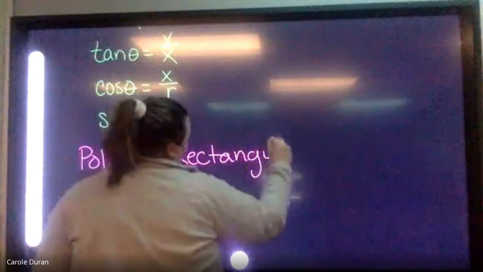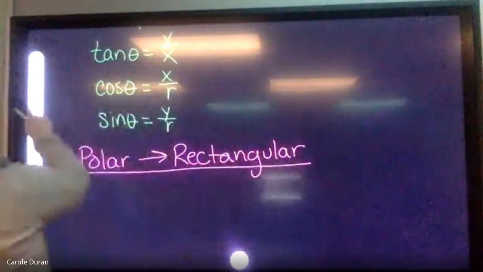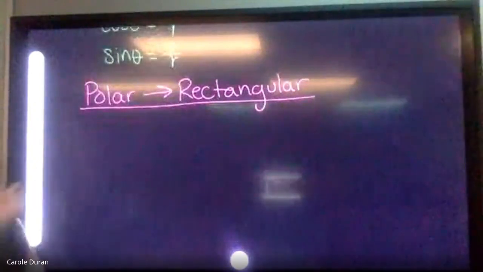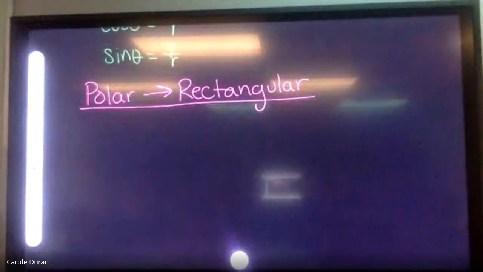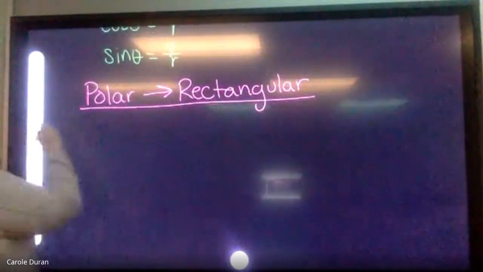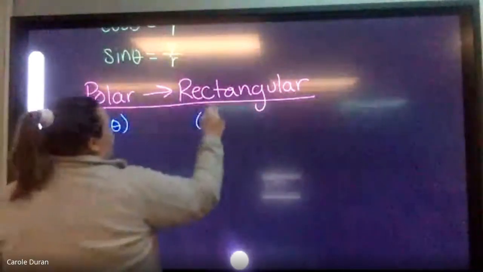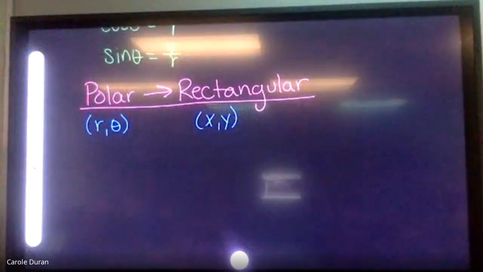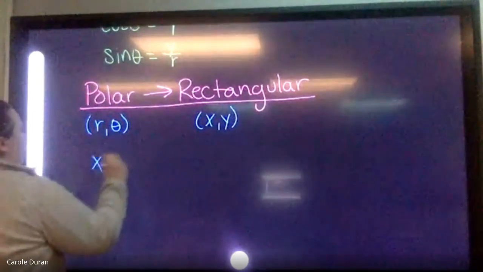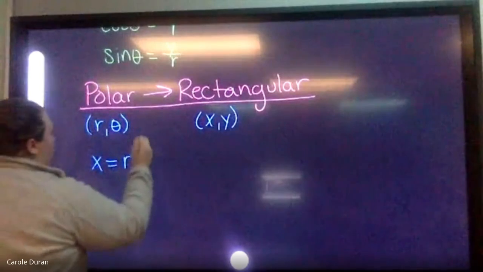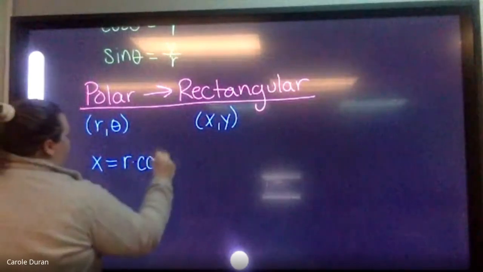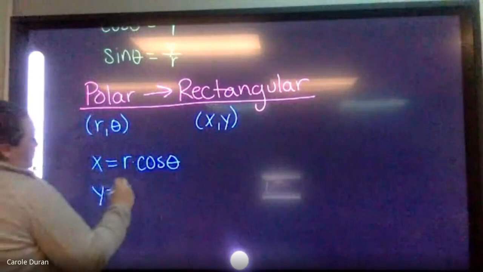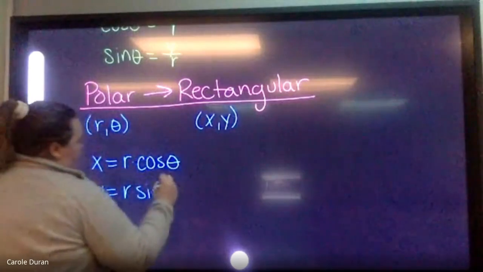So when we are converting from polar back to rectangular, polar is in terms of r and theta, whereas rectangular is in terms of x and y. So my goal is to get x and y by itself in terms of r and some angle. The ones that we're going to use specifically are that coordinate x is equal to r times cosine of theta,